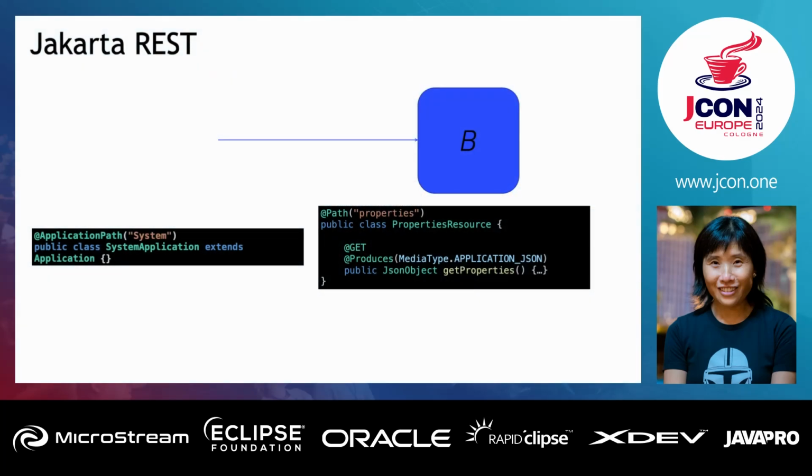So what can MicroProfile do? Basically, you want to create RESTful applications, so Jakarta REST is here to help. With Jakarta REST, you need two classes. One is the application class, the other is the Jakarta resource. This is similar to Spring MVC. MicroProfile uses Jakarta REST, so these two classes will get you an endpoint. Let me quickly show you